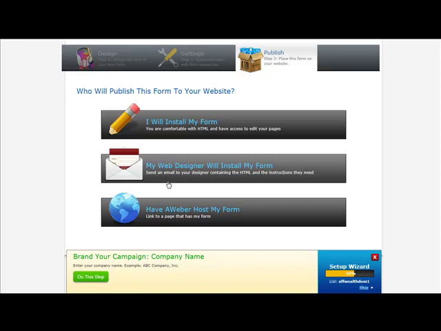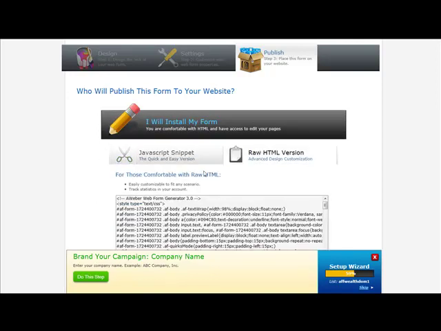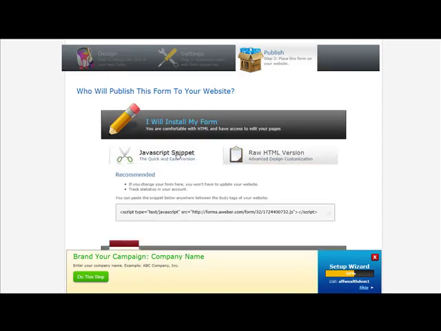Okay, so once that does that, it says I will install my form. So what you're going to do here is go to choose which option you want. Sometimes the easiest to work with is the actual JavaScript form, and then there's also the HTML version of the form. So I'll show you how the JavaScript will work. We're just going to